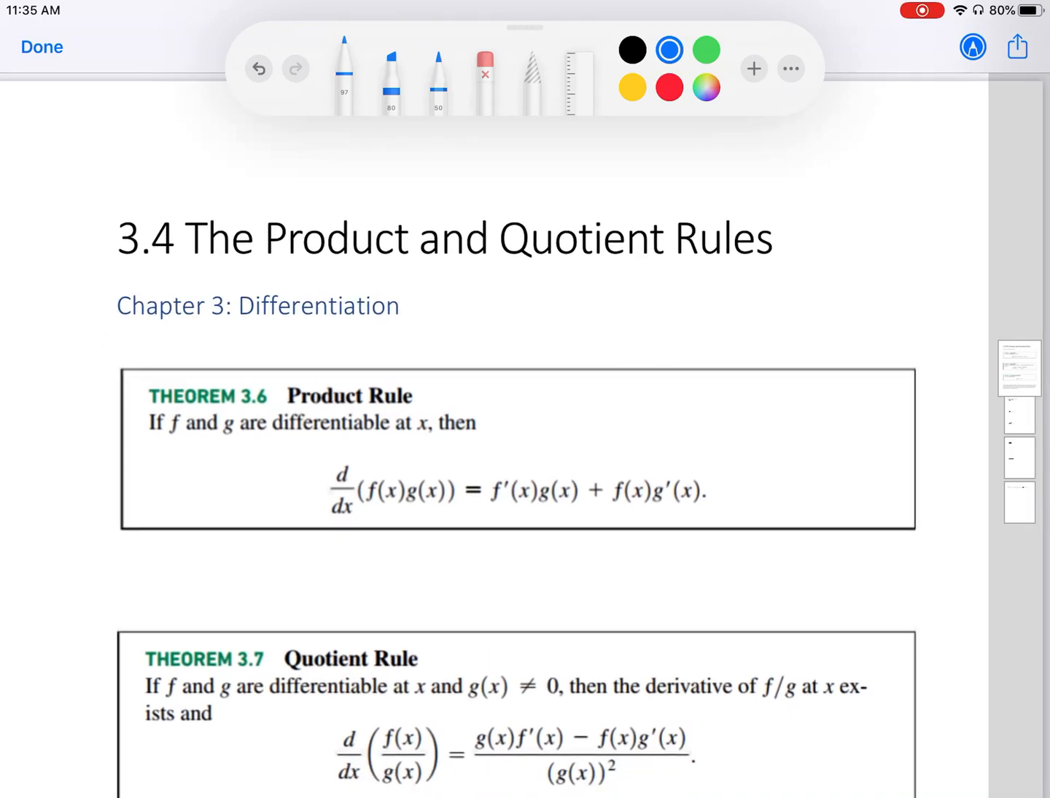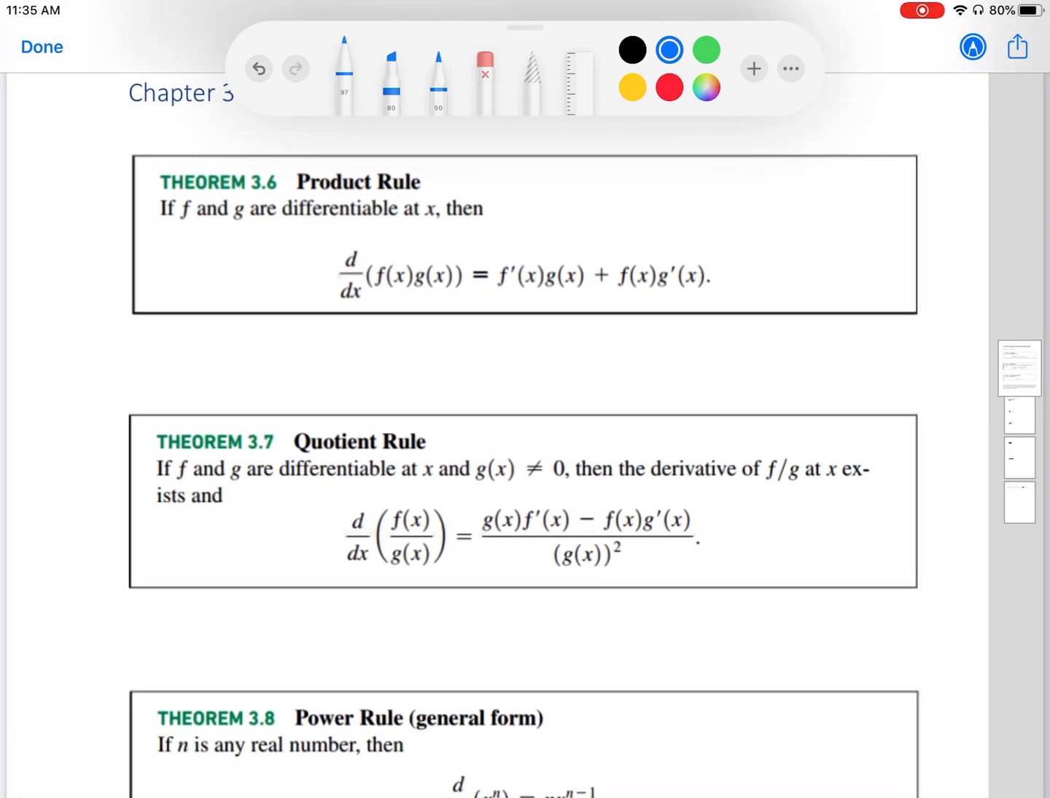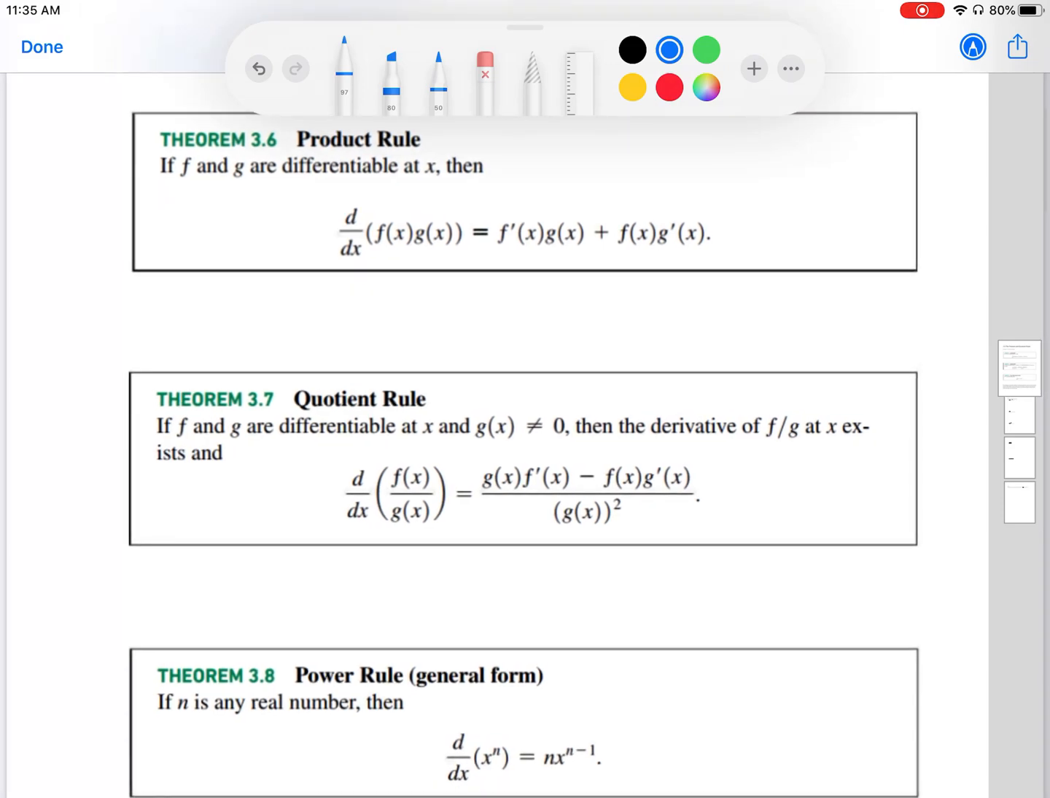Section 3.4, the product and quotient rules. Let me first go over the theorems, and then we'll go ahead and do some examples. First we have the product rule. The product rule is when we're multiplying two